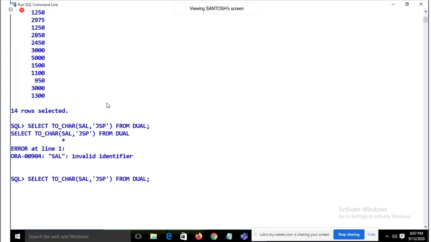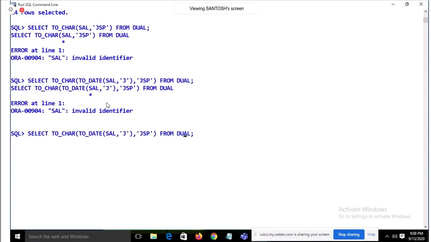What we need to do, we need to convert the salary into the date. So we are going to convert the salary into the date, and we are going to make the Julian format. And then finally, I'm going to put the JSP over there. Julian calendar, I'm going to make it spell out.